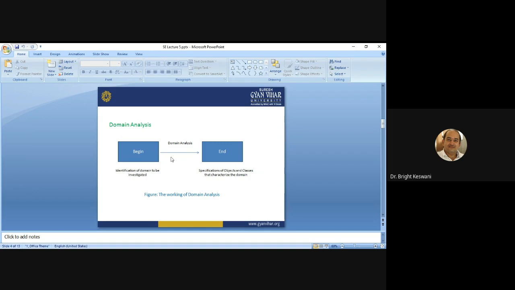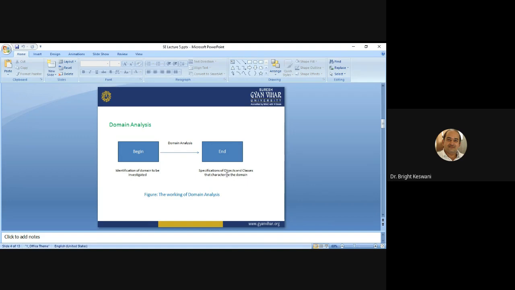Here you can see in this diagram that the domain analysis activity begins with the identification of the domain to be investigated, and the process ends with the specification of objects and classes that characterize the domain.